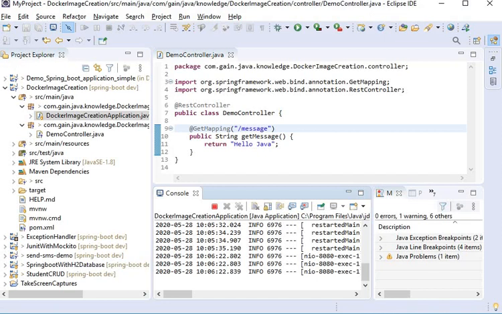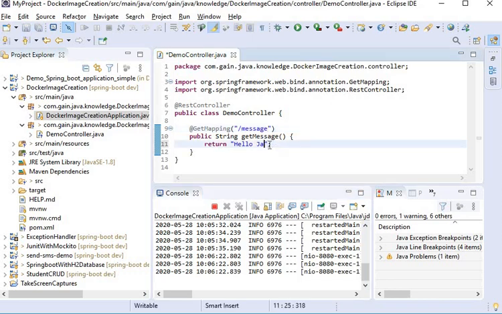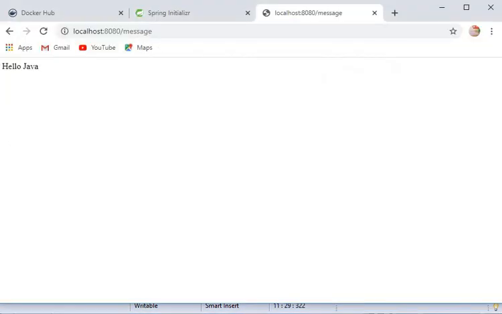Now I will go to my application again and change the output to Hello Spring. Now there is no need to restart the server because we are using DevTools.